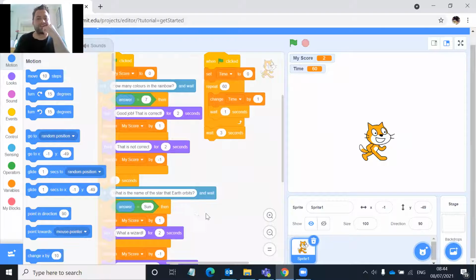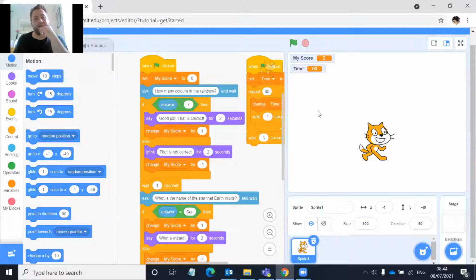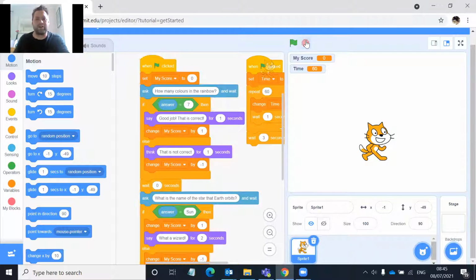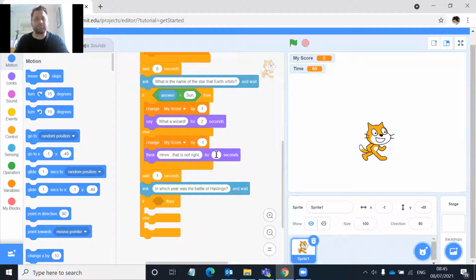But I was thinking to myself, because this game is a timed game, maybe we shouldn't be waiting for the next question to come up. Maybe we should make that just for 1 second, and then we don't want to wait any seconds. And we can see how that goes when we start playing the game. So just to show you again,